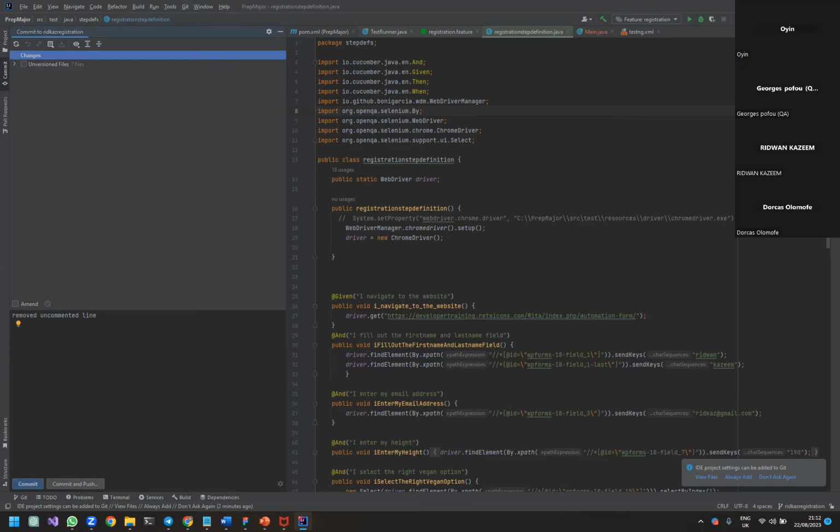So now you can see that says commit. The next one beside it is update project, the blue one. Can you hover on the blue one? Okay, so that's update project. The green one is the push. The last green one should be the push. Yeah. So if you click on that,